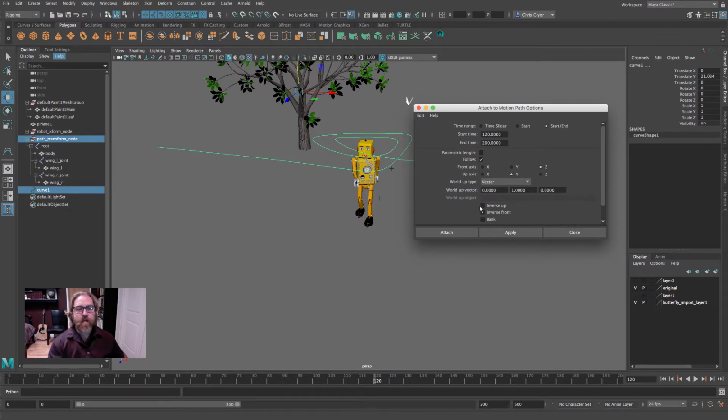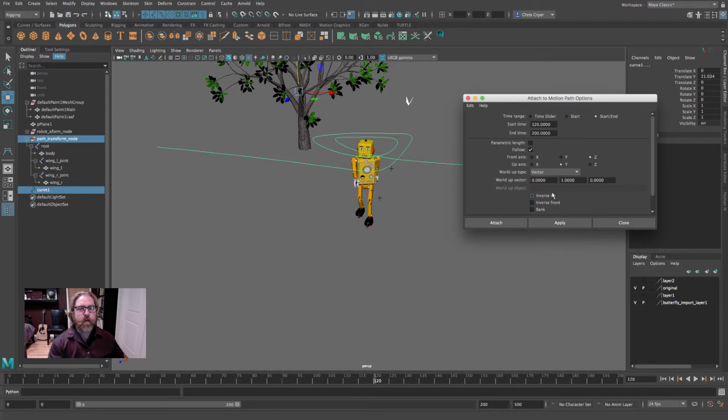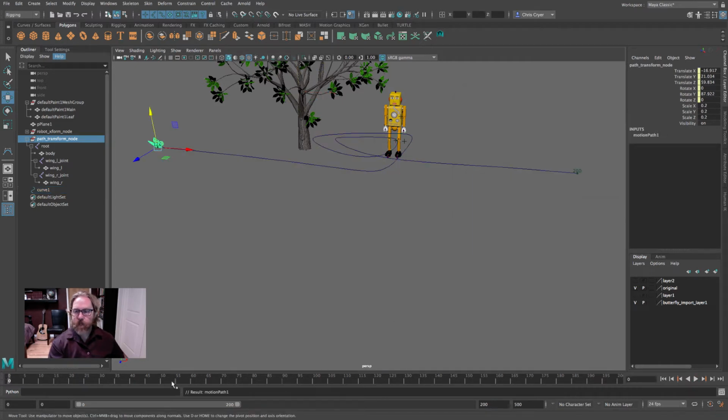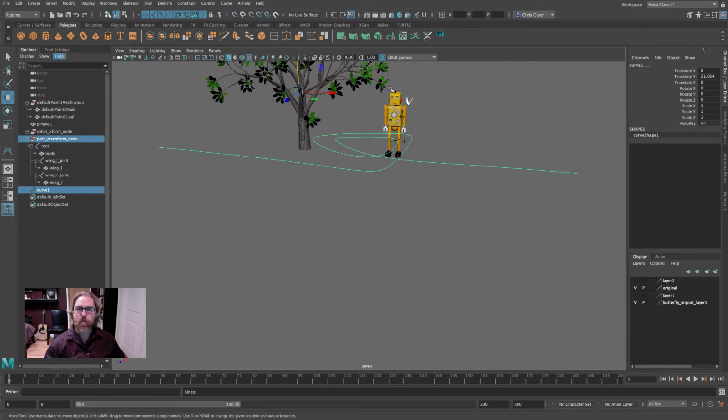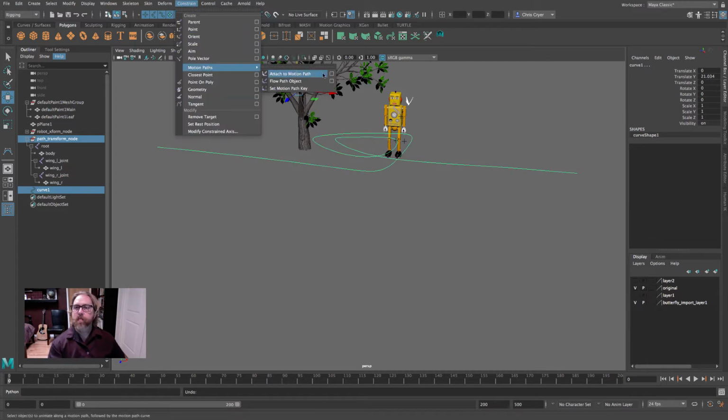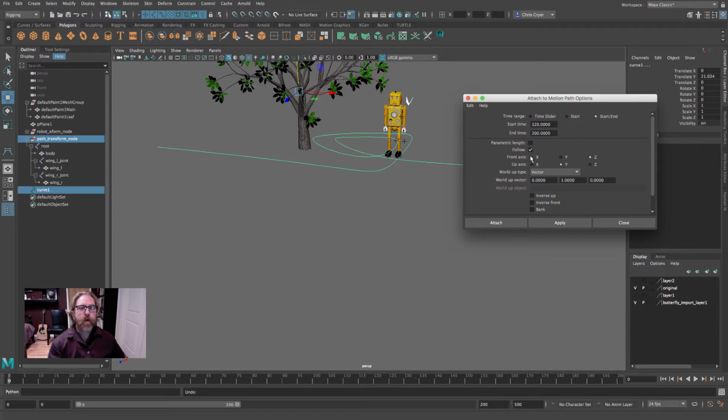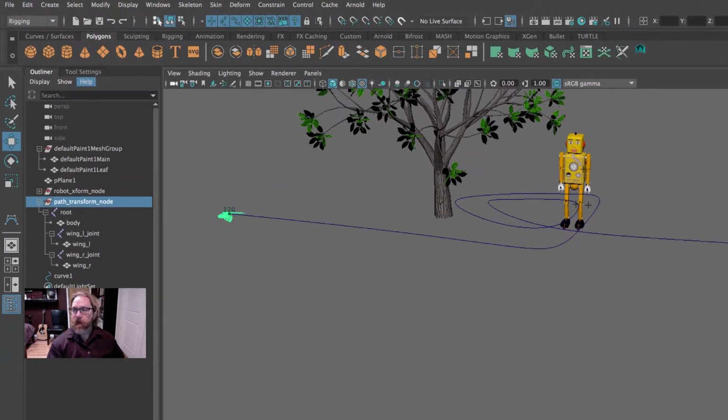It's on the Z-axis, and I seem to recall that I modeled this in the reverse direction, but let's see. We'll just hit attach, and yeah, that butterfly went on backwards. So let's just undo Constrain Motion Path, Attach to Motion Path. Right, your front axis is either going to be Z or X generally, or perhaps Y if you modeled in the wrong window. So we're going to say it's the Z-axis and inverse front, and I'll hit attach. And here it is out here. Now it's just static there, right? We've got that loop of it flying forever. And then it comes in,